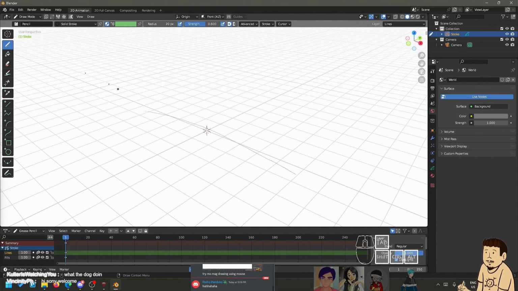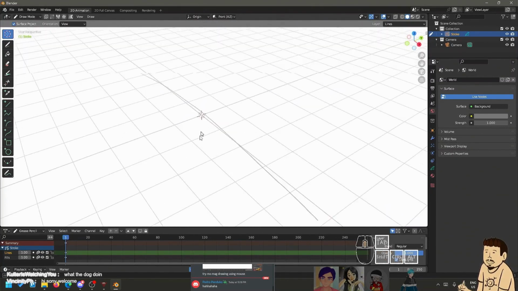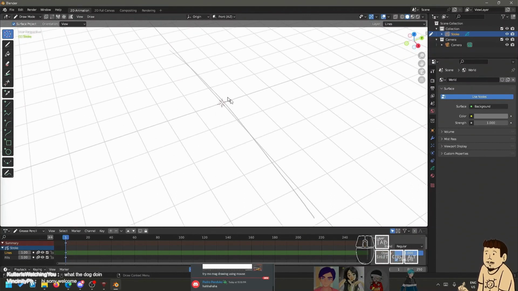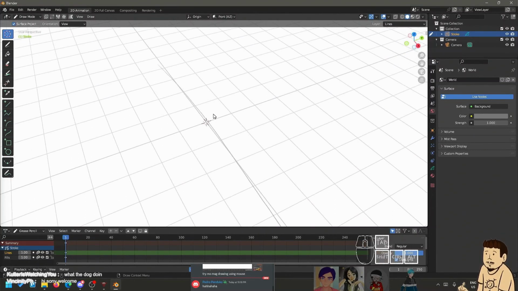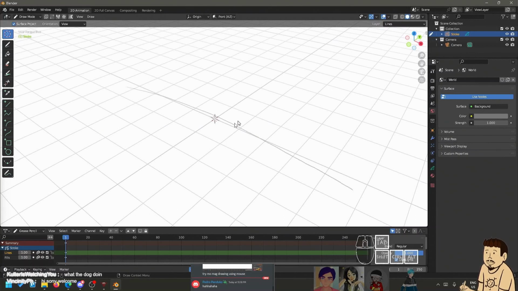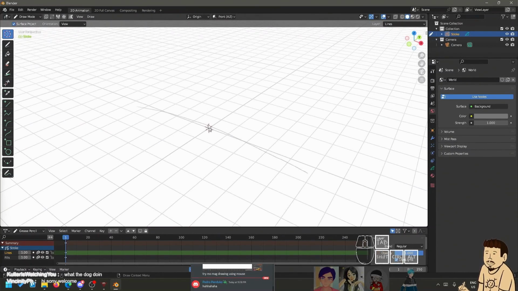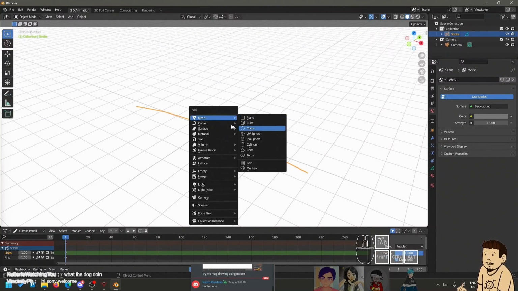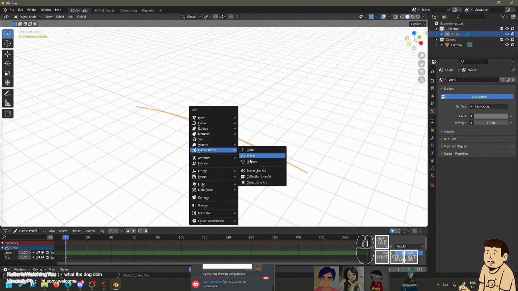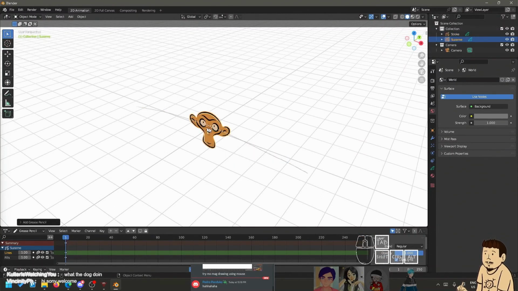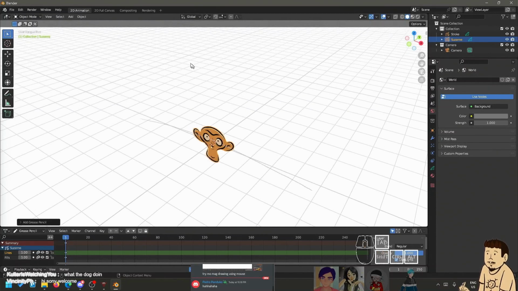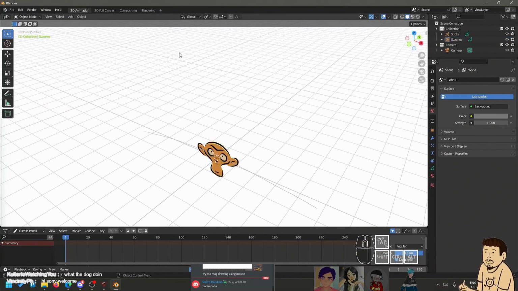That's the 3D cursor. And this thing is actually one of the most important things that you're gonna end up using a lot, because wherever this 3D cursor is, this is where a new object will be placed in 3D space. So, the 3D cursor by default is at the world origin. If we go to object mode and I add another grease pencil object like the monkey, it puts it right there on the 3D cursor. But if the 3D cursor is like right here,